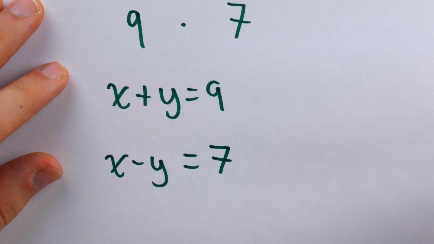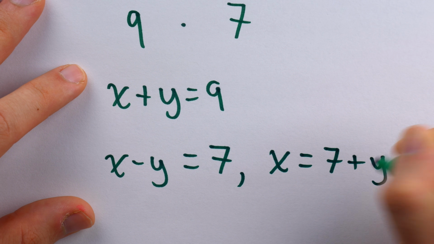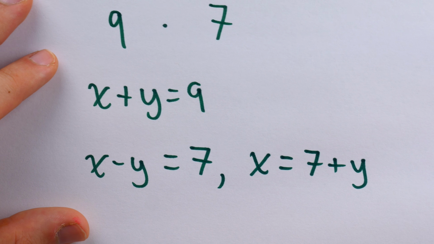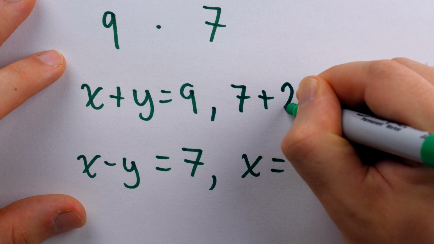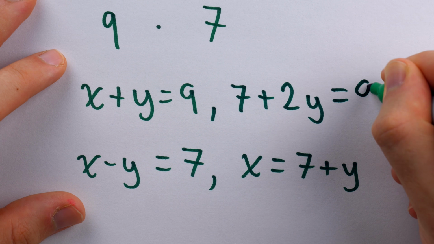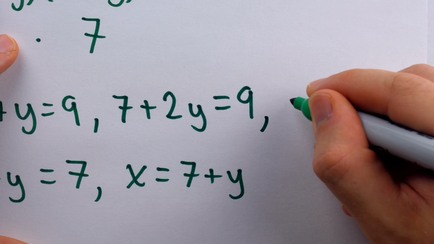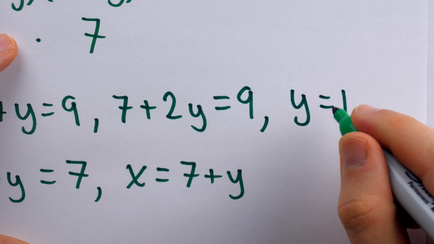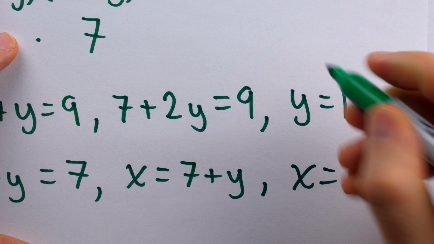If x minus y is equal to 7, then of course x is equal to 7 plus y. Plugging that into the top equation, we would have that 7 plus 2y is equal to 9. Then we could subtract 7 from both sides to find that 2y equals 2, and thus y is equal to 1. Plugging that into the bottom equation, we have that x is equal to 8,